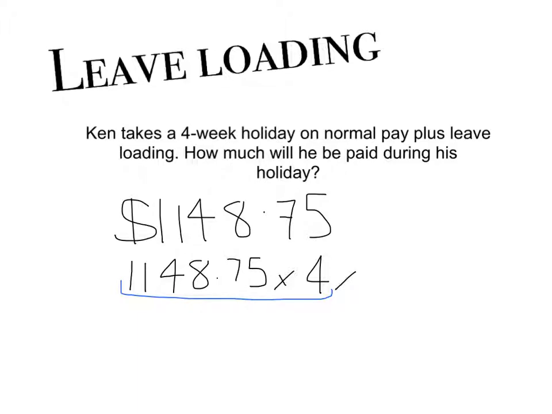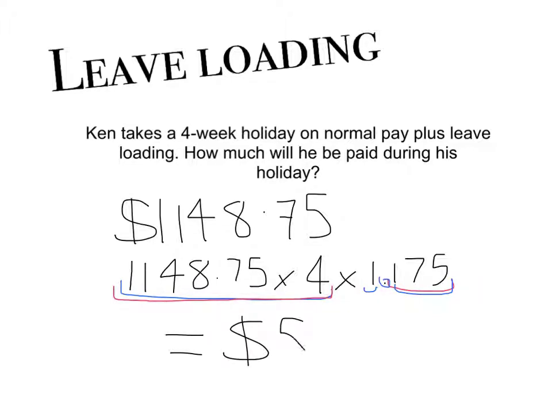So I can do it in one step. I can actually just go 1.175. What that represents is I'm adding 17.5% to it, but I'm taking 100% of all of this. Okay? So it's saying all of that plus 17.5%. So I multiply it by 1.175 and I would get an answer of 5399.125, so 13. Okay? That means that if Ken took a 4-week holiday on normal pay plus leave loading, he'd